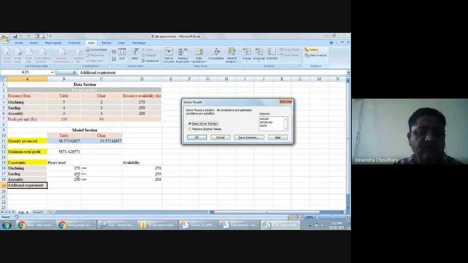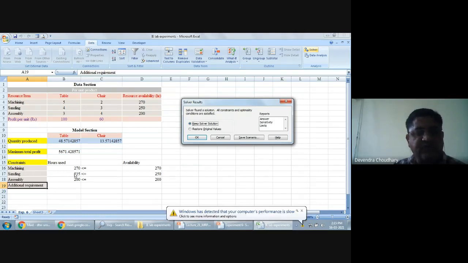So you can get this information from these solutions. You can make use of this sanding resource, or you can give this sanding resource on rent to somebody, or you can use it for other products also. So this is an additional benefit.